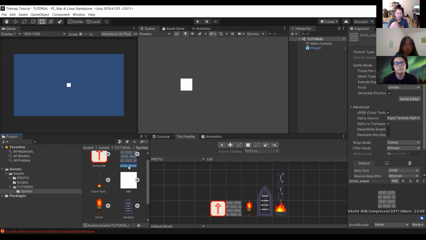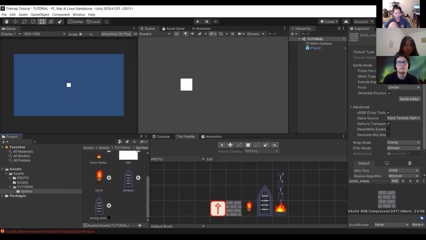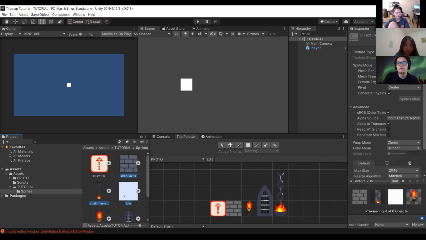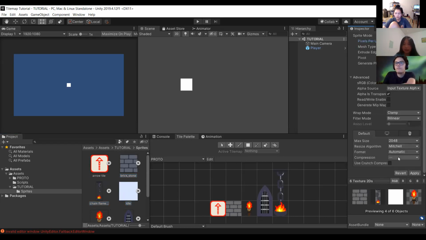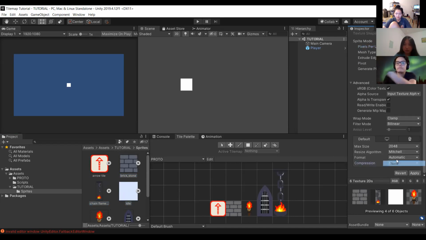just go through, and in your tutorial sprites folder, click and then control click or shift click on all the items. You'll see over here in your inspector, it should say 6 textures, and they should all show their settings. Set the pixels per unit for all of them to 64, and then set the compression for all of them to none. And then click apply. Something else is that these settings will not stay until you click apply. So that's something to note as well.